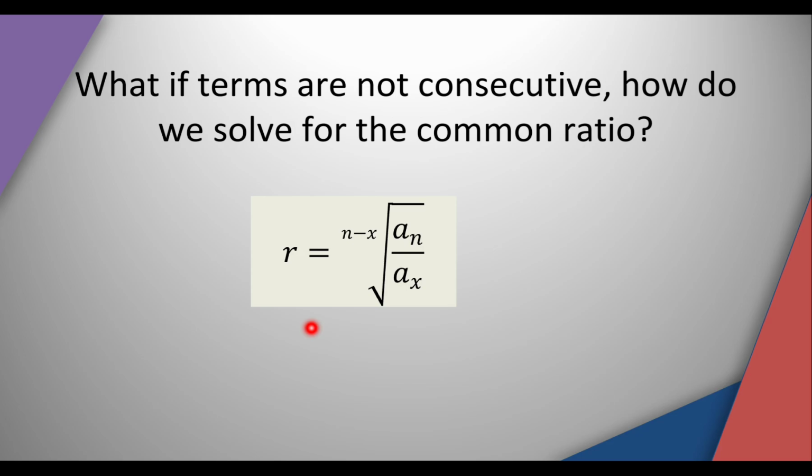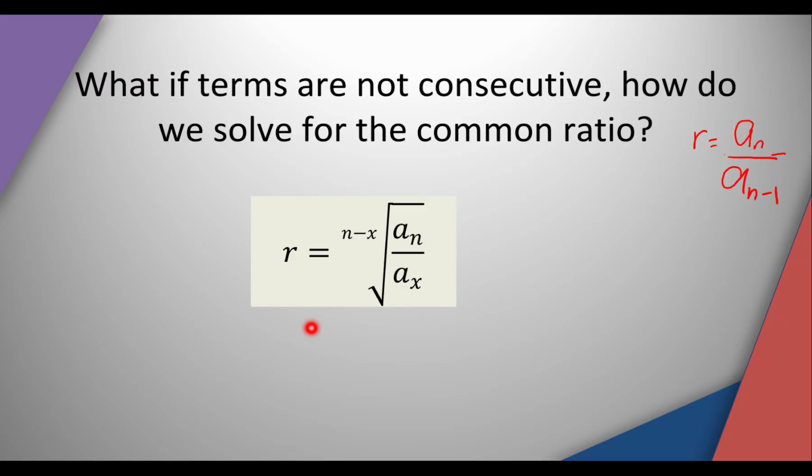Now, there's a question here. What if the terms are not consecutive? How do we solve for the common ratio? When terms are consecutive, we make use of r is equal to a sub n divided by a sub n minus 1, the term divided by the term before it. But of course, we cannot make use of this if terms are not consecutive. So we're not going to discuss the derivation of the formula. That is done in another video. We can make use of this: